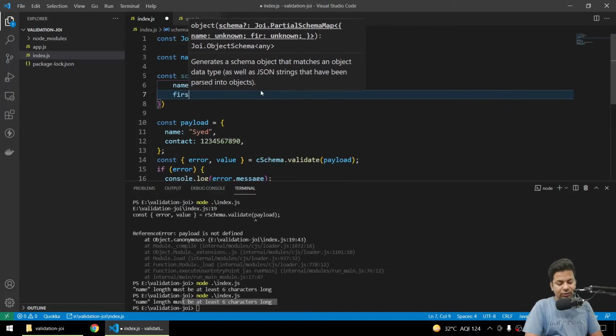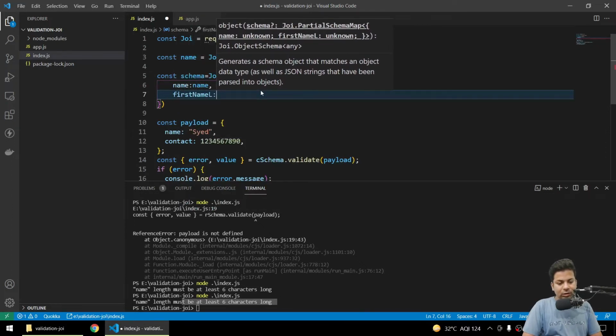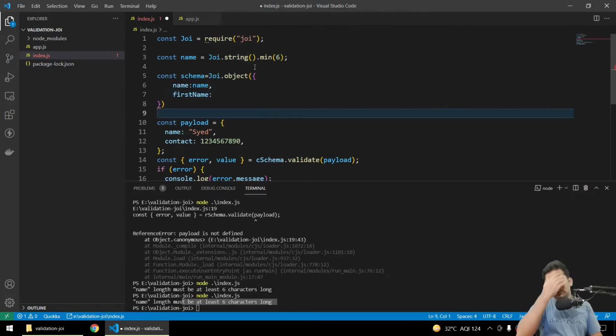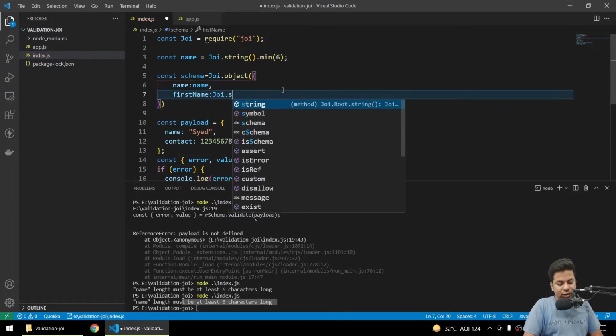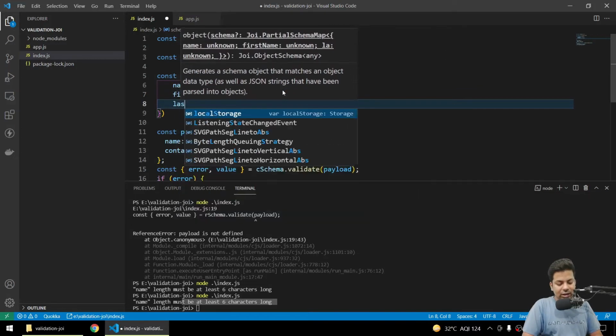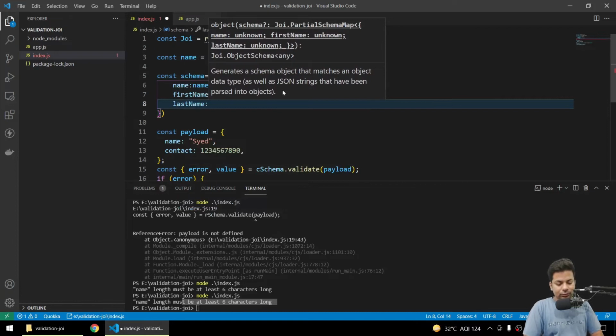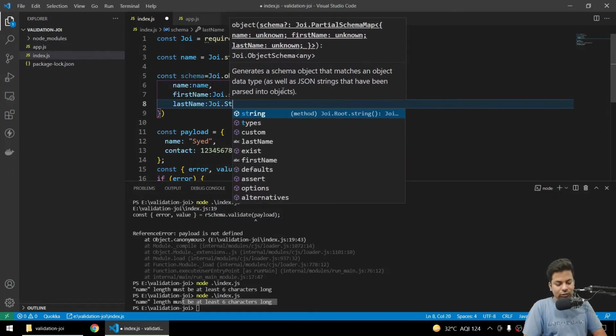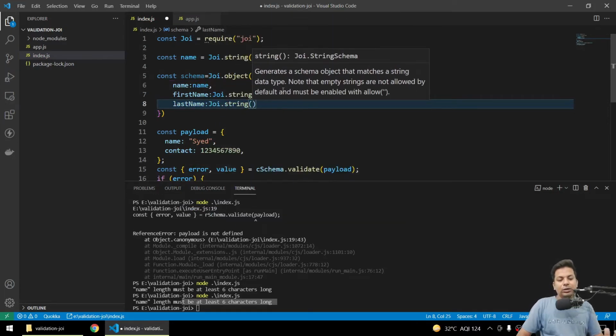Then there should be first name, same, like minimum 6 characters long. First name can be 3 also, I mean someone has John, so it's just 4. So we'll say okay, just you should have a string. Okay, and last name Joi dot string. Okay, normal you are sending name, first name, last name.